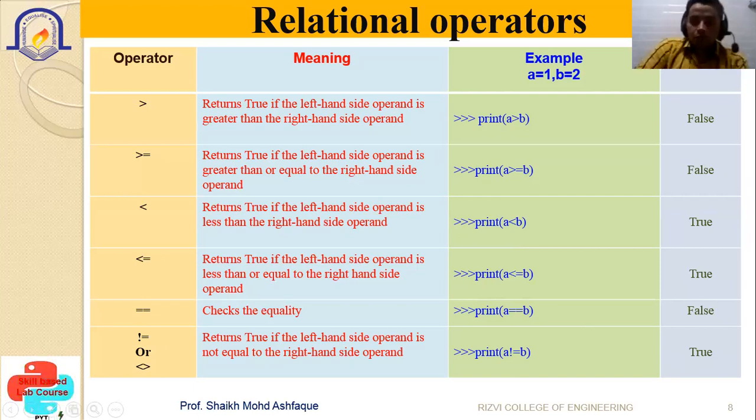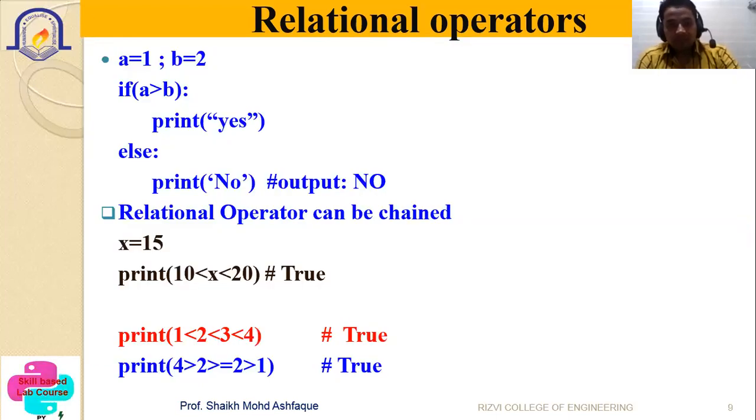So basically it is used to return a logical value, the boolean value, either true or false, which can be used in the expression. Like if I say the example, find the largest between two numbers or three numbers. At that time, you should use the relational operators in your if expression to find out the particular number. So you should select a particular relational operator where it has to be utilized. Let us see the simple example. Suppose in this example, I have taken the value as a is equal to 1 and b is equal to 2. And we are using the if statement. If a greater than b colon, print yes.